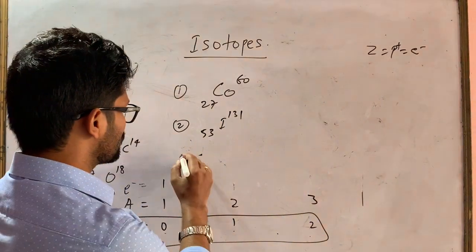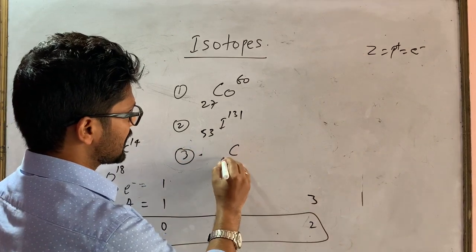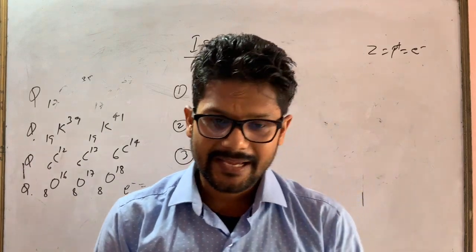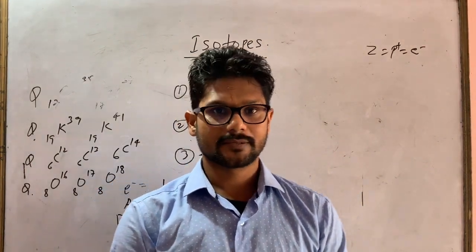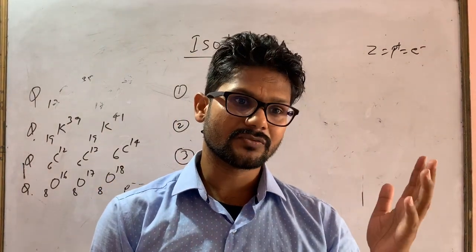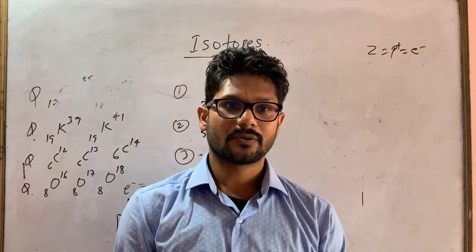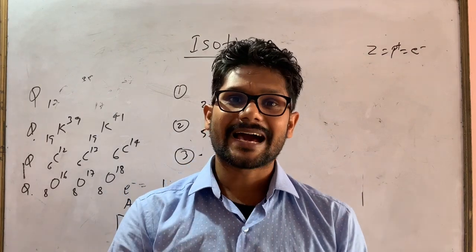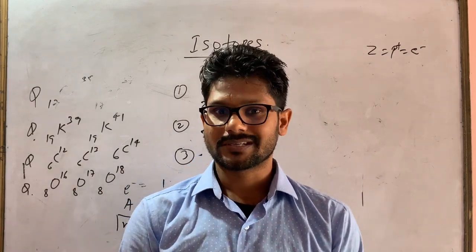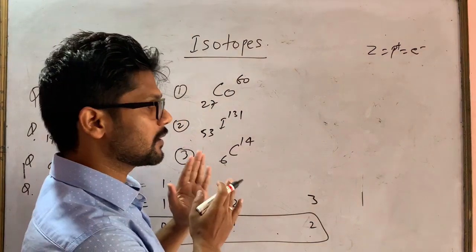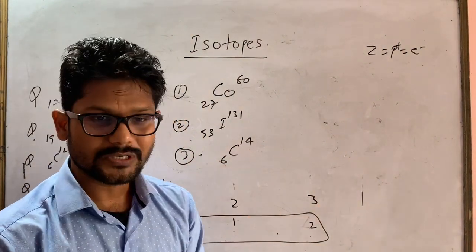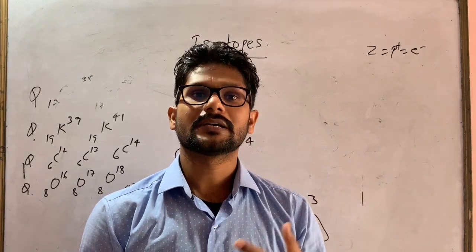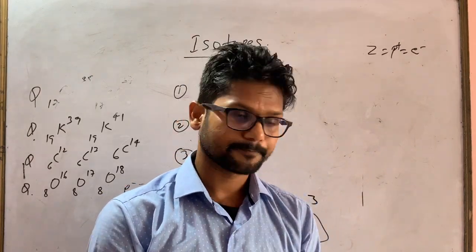There are many more uses. The third is carbon 6 and 14. You have read that there are many monuments which are very old, I think from the Mughals or before that, but we don't know the exact age of the historical monument. So this isotope of carbon, C 6 14, is used to know the age of the historical monuments.